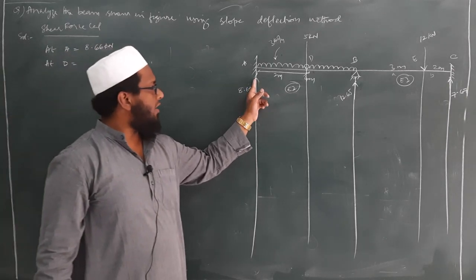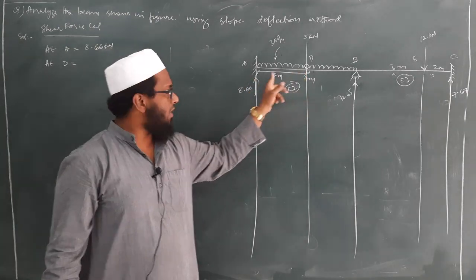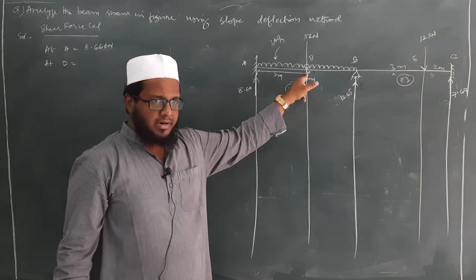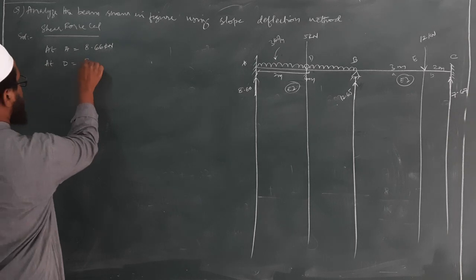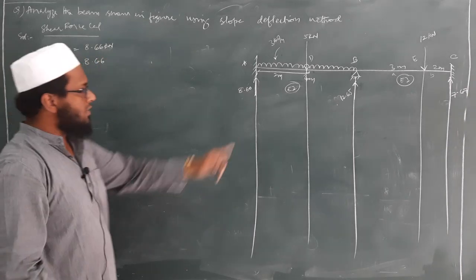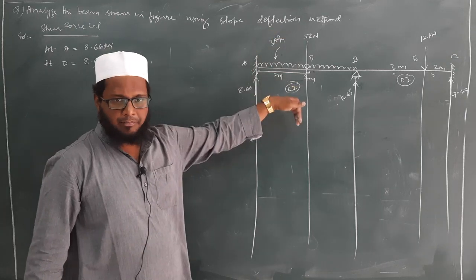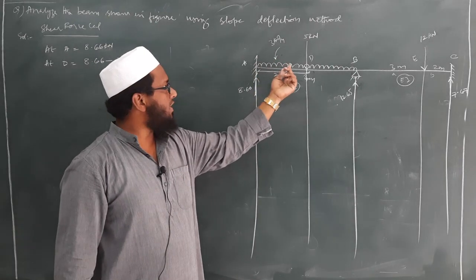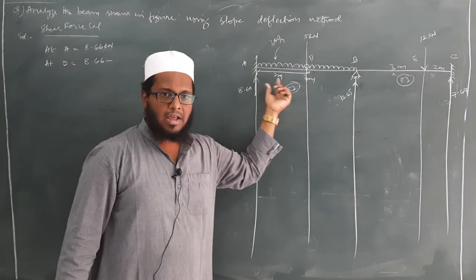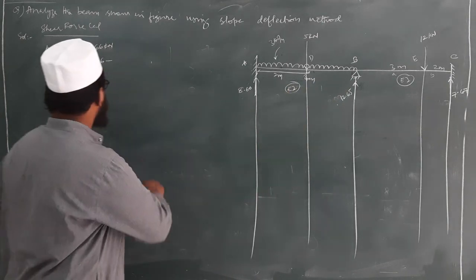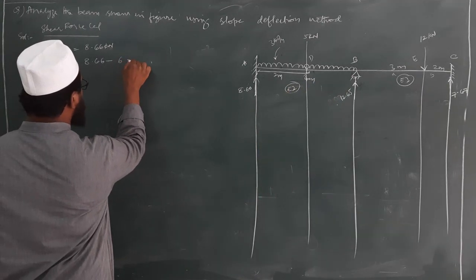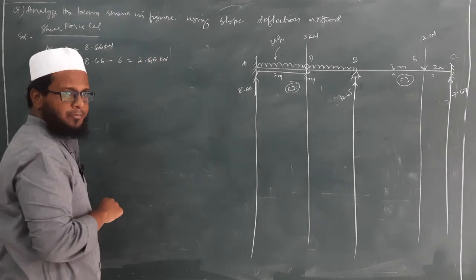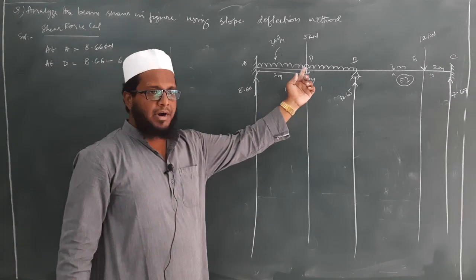Now after point A, what is the next point we have? After A, we have point D. So I am coming from A to D. I am covering how much distance? 2 meters. So what is the previous value we have? 8.66. From A to D, the load is going in downward direction, so minus. What is the intensity? 3 into, you will calculate 4 or 2? Only 2. So 3 into 2 is how much? 6. Tell me the value. 2.66 kilonewton.